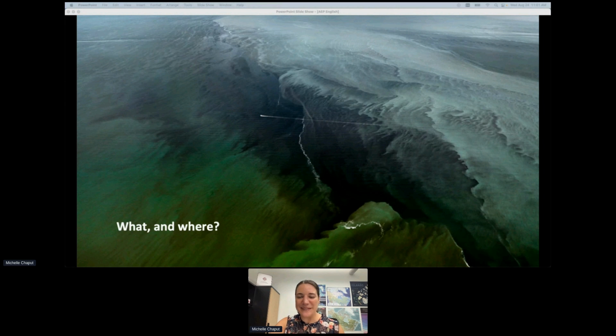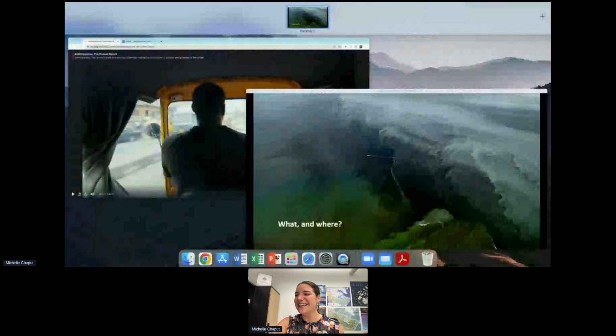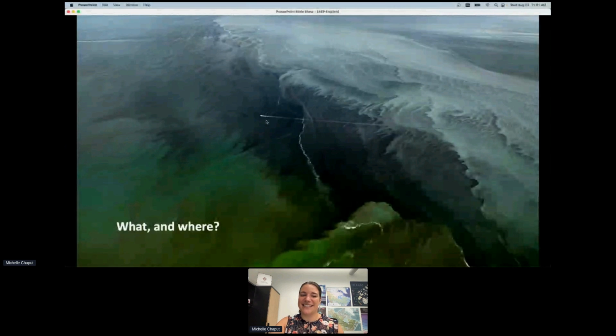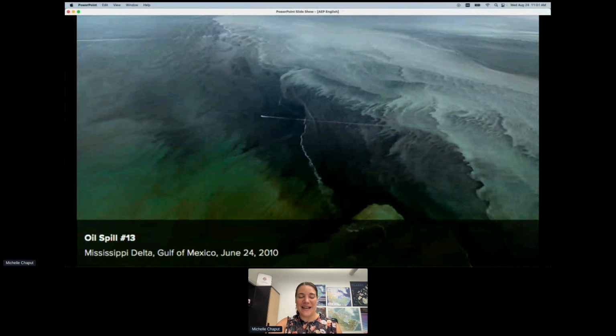Okay, so coral bleaching is our last answer. I'll give you the answer for this one as well. This is actually the Deepwater Horizon oil spill, which was regarded as one of the largest environmental disasters in our history. That white stuff that you see on the surface there is the oil dispersant that the cleanup crews release to deal with the oil.